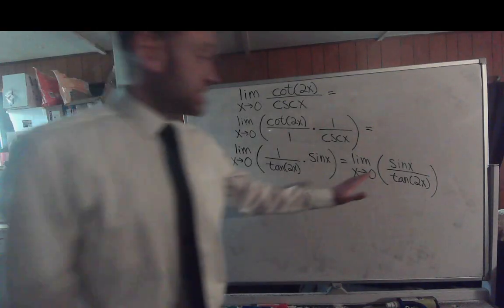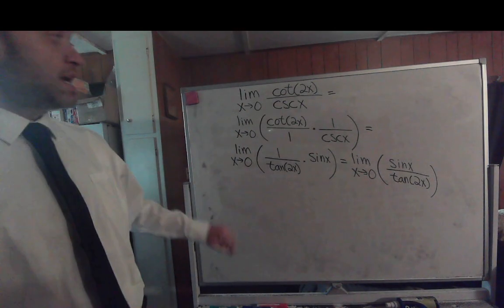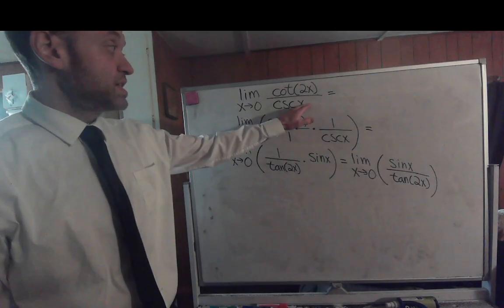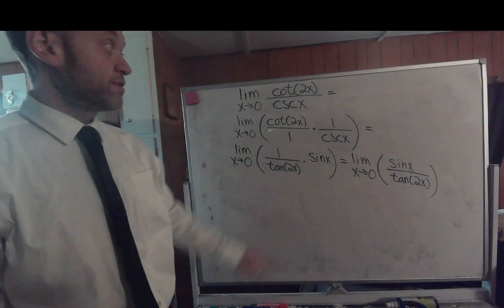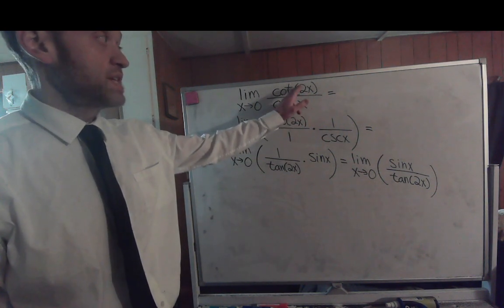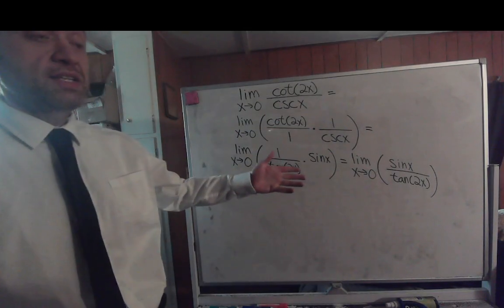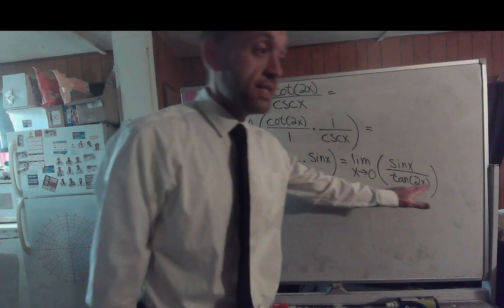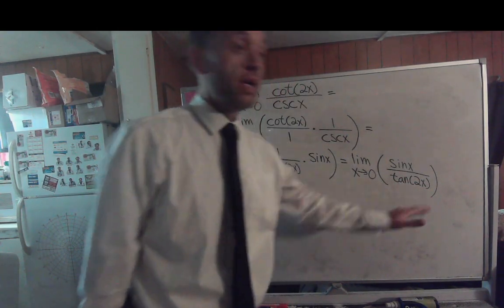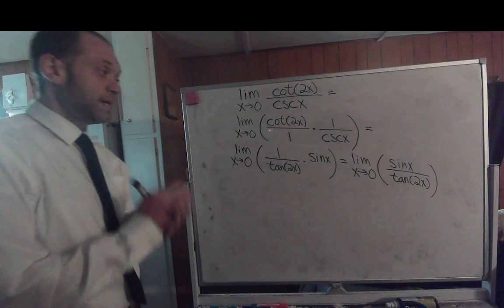But you're still presented with a dilemma. At first, if we plugged in 0 into each of these in the numerator and denominator, we didn't even get 0 over 0. The limit just doesn't exist for cotangent at 0 or cosecant at 0. Now we're at least into an indeterminate form where you get 0 over 0. We have a hope of being able to do something with it, but